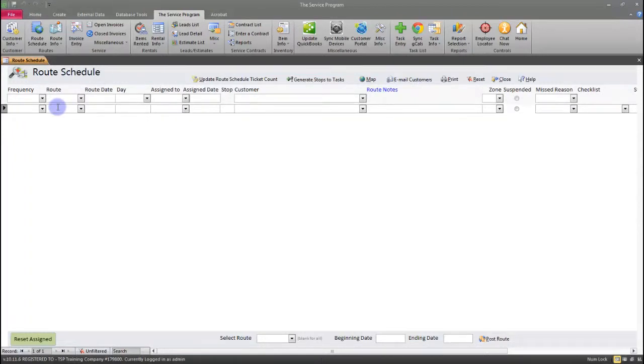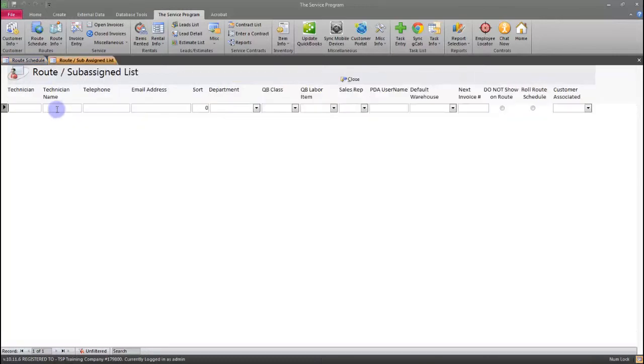Next, we're going to want to set up our route technicians. To do this, double-click in the field labeled Route. Here I can create a label for the route, so let's just call it R1 for Route 1. I can put a technician name in, put in a phone number,